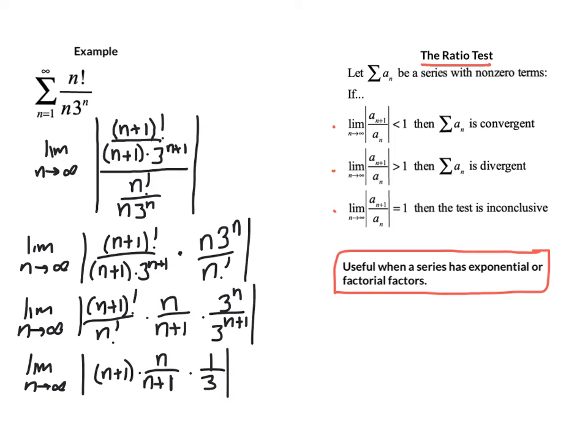Now we do get kind of a special trick here on this one. Because I have a factor of n plus 1 left over from the factorial, I could cancel that with the n plus 1 in the denominator if I wish to. That doesn't always work out that nicely, but here we can do that. So ultimately we're going to take the limit as n goes to infinity of the absolute value of n over 3,